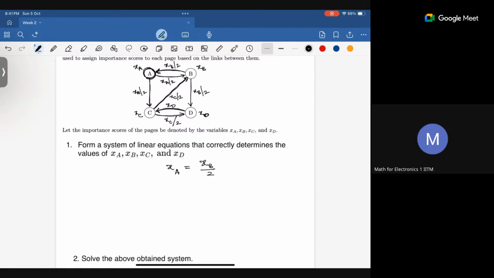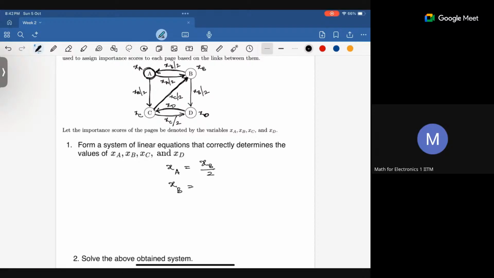So XA is basically XB by 2. And then XB, if you see, has importance coming from A and importance coming from C. So the total importance of XB is basically,